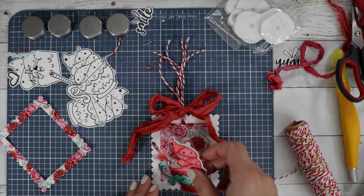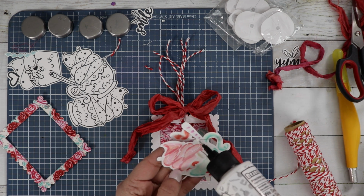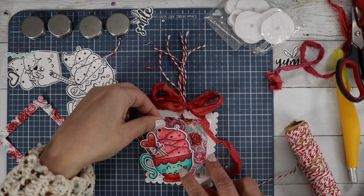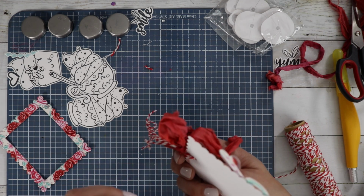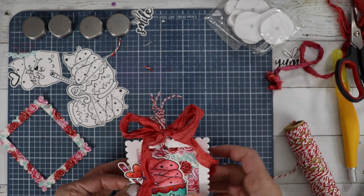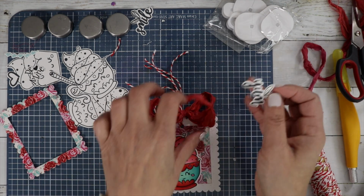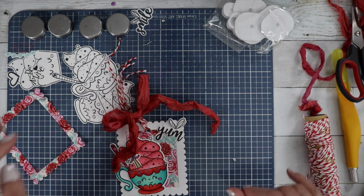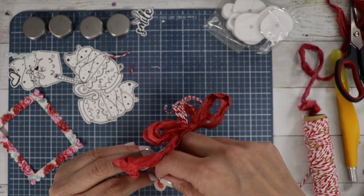Okay, so let's glue this down. I think I'm gonna pop up the little lollipop. And we want this on an angle. Okay, so let's get our sentiment over here in the corner. I'm just gonna take a little pop dot behind this little lollipop so it sticks down, but it still looks